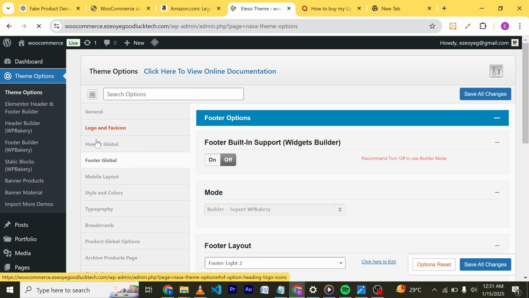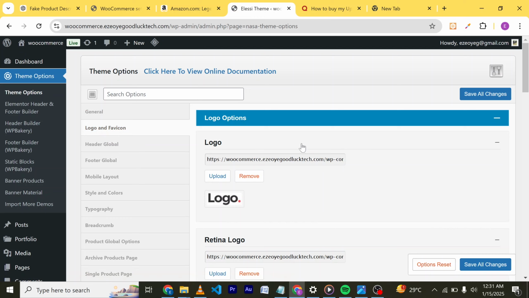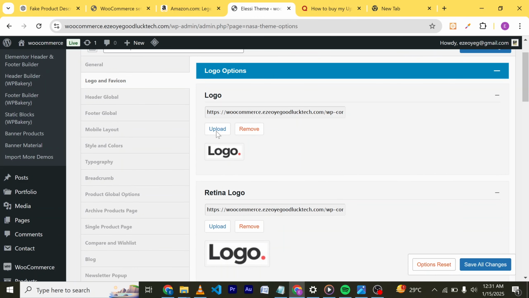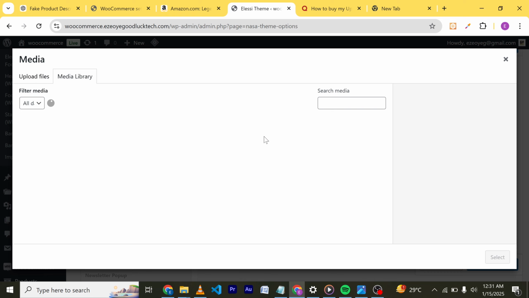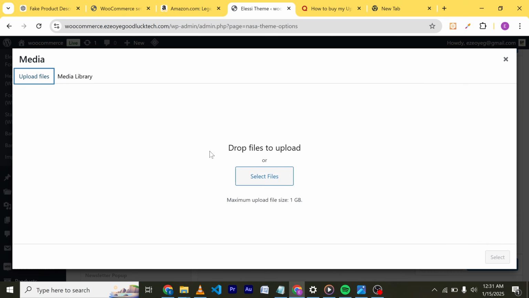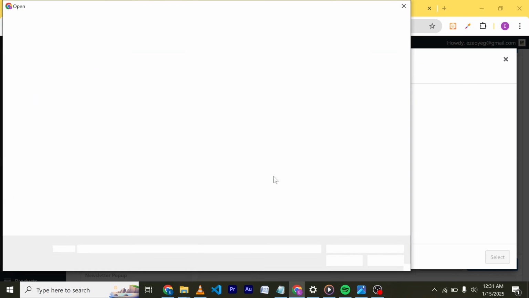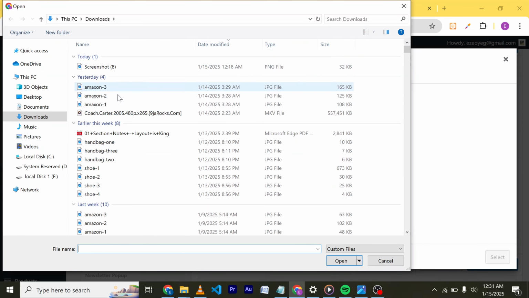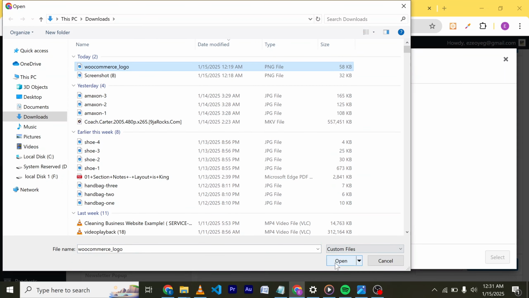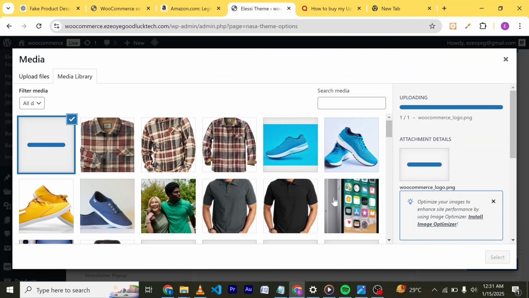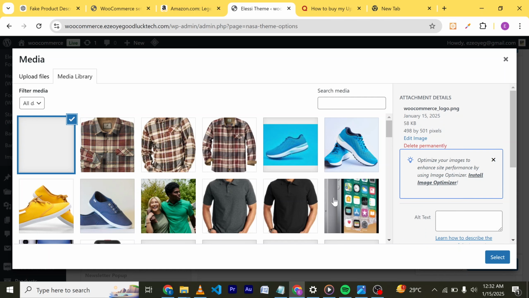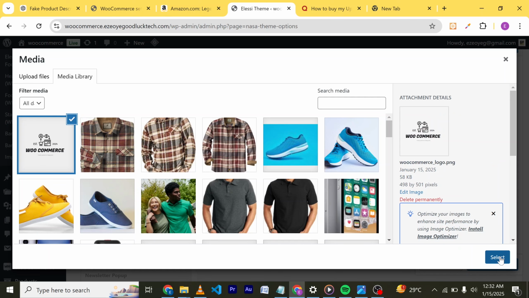All right, so right here you can make the settings, and on the left corner you can see the logo and favicon settings. So you can just click on this one right here, and let's go ahead and upload our logo. I recently created a logo for this particular purpose, so I'll just go ahead and upload that file. So I'll click on select file, and just go ahead and bring in that logo, the WooCommerce logo right here. Click on open and allow that to load. Alright, so once that is done, I'll just go ahead and click on select, and